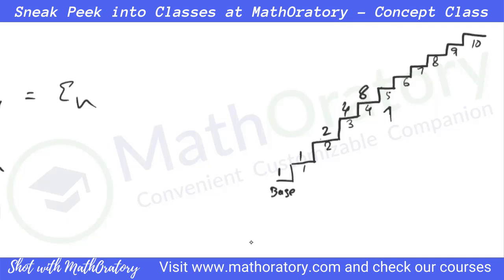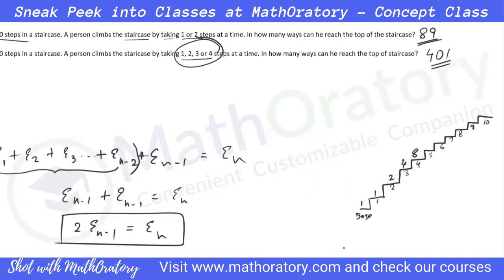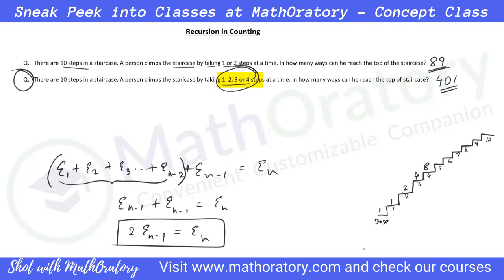But from the 5th step onwards, the reason it is not doubling is because we are not adding all the previous terms. So we have skipped out this one, right? The base value. But for the first 4 steps, it is bound to double, right? Because even if you consider the step number 4, the base value will be considered when we find the number of ways of reaching step number 4.